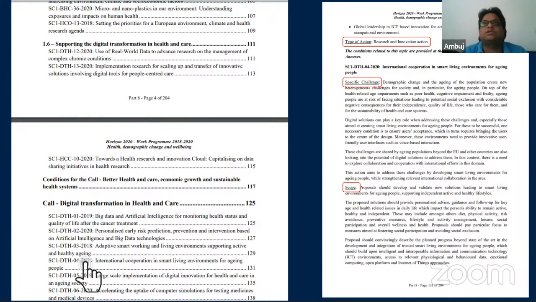So you need to address these if you have some idea. You will describe your idea in such a way that it should address the specific challenge. And scope is basically what are the details that you need to put in describing your proposal. So the specific challenge is the challenge that you are actually addressing, and the scope is what are the details and what is the information that your project must convey when you are writing your proposal. Because if this information is missing, the evaluators will find your proposal not valid for the fund.